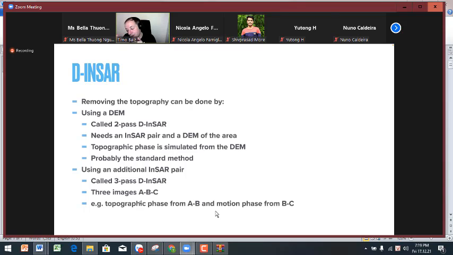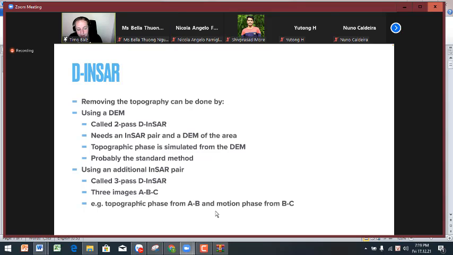It does not work so well if you have continuous motion. Right? You have a motion that will be in both images. And then you also need to look at the baseline. So we take for